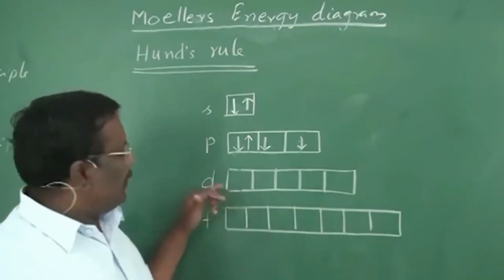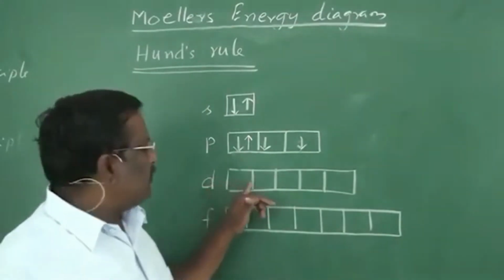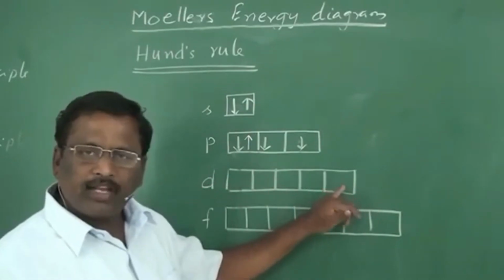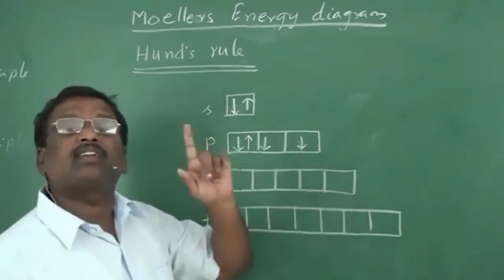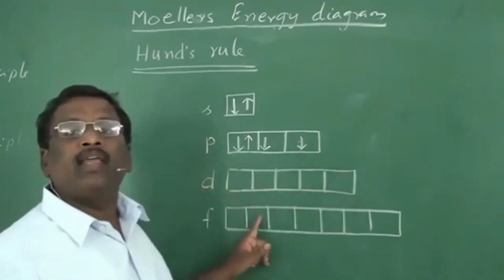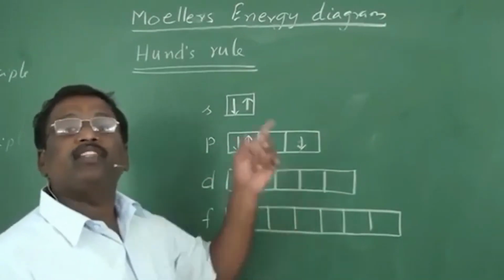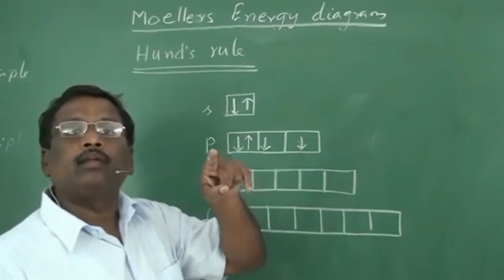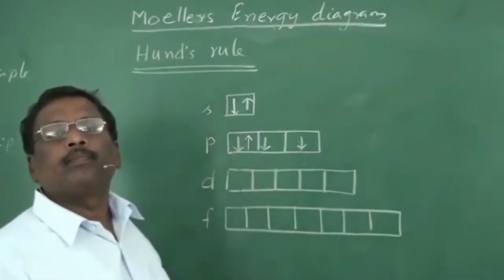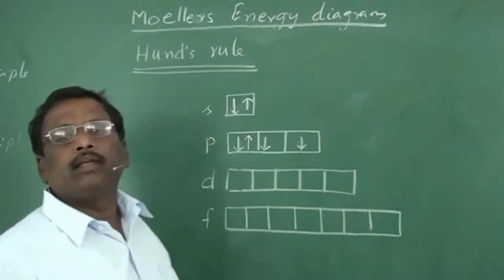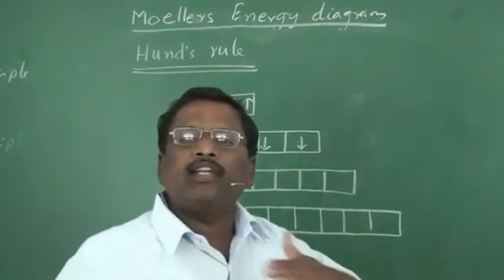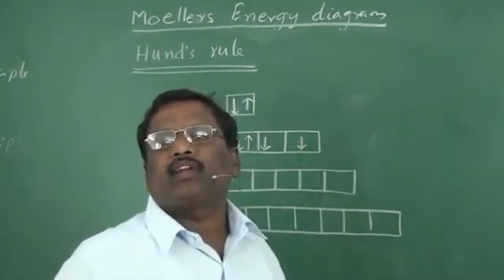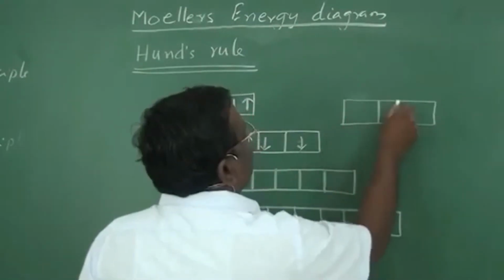Similarly, in the d sub-energy level, the pairing is possible after filling up all these 5 orbitals. That means the pairing in the d sub-energy level is possible with the 6th electron only. Similarly, the pairing in the f sub-energy level is possible only with the 8th electron. This is Hund's rule. Hund's rule tells us that the pairing of electrons takes place only when all degenerated orbitals are filled with 1 electron each. Suppose in any atom, the electronic configuration is represented like this,